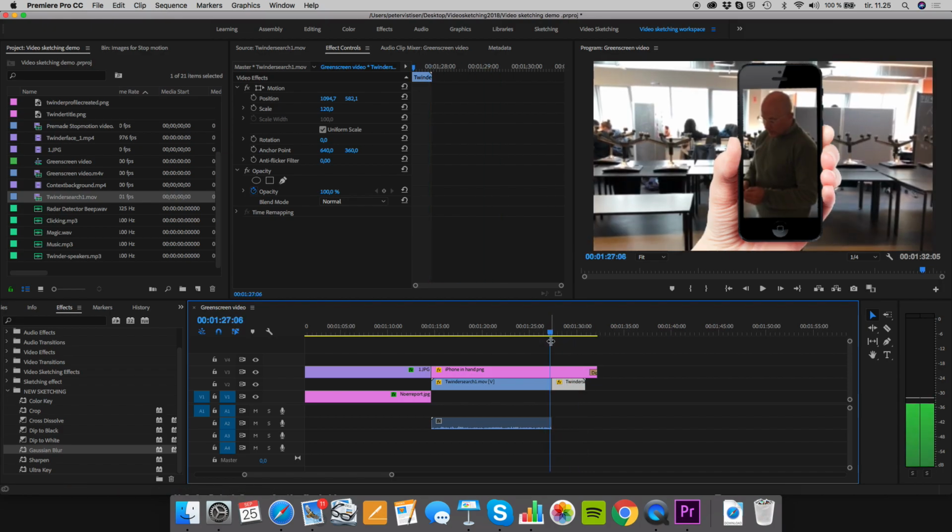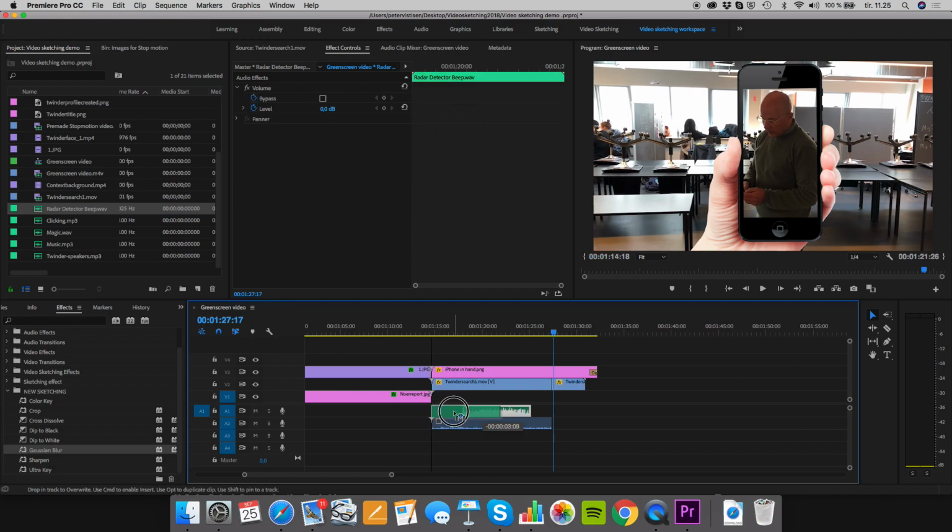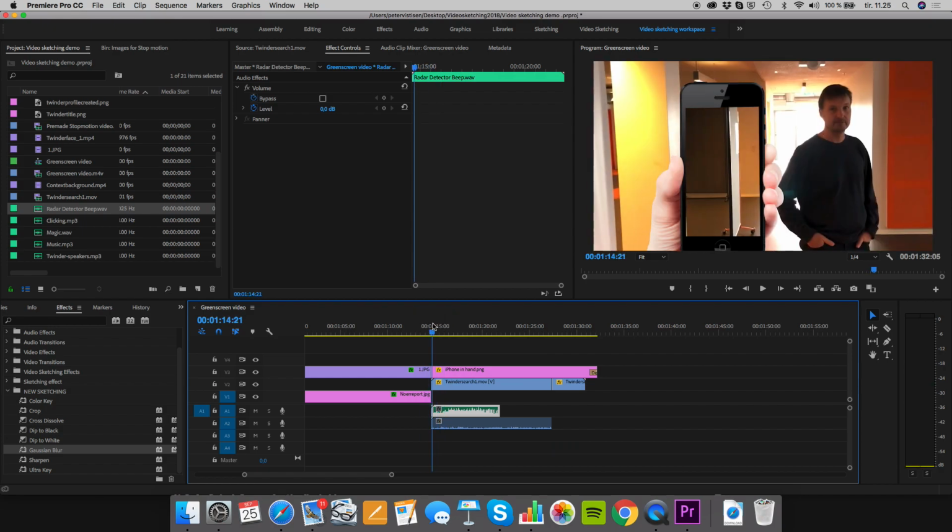But what we want to do as the last thing here is that as soon as it makes the freeze frame, we're actually going to do something very evil to Søren, because I still need my vengeance. First thing is I'm going to add this radar sound that we had before. I'm going to add this down here, so we sort of